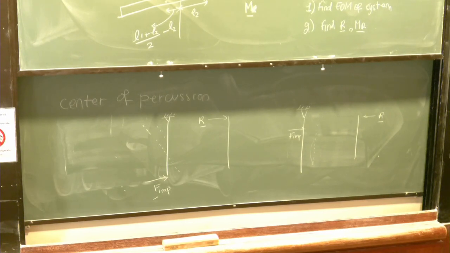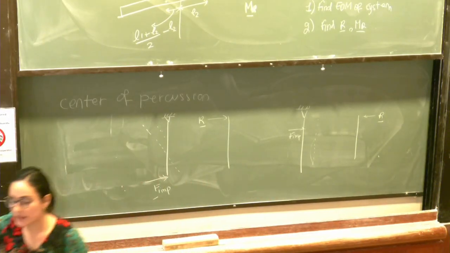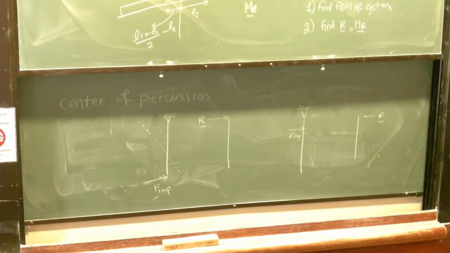You can even look at the pen without constraining it. If I strike it from below, the top is going to move to the back. But if I strike it from the top, it moves to the front. Somewhere, if I strike it in between somewhere,